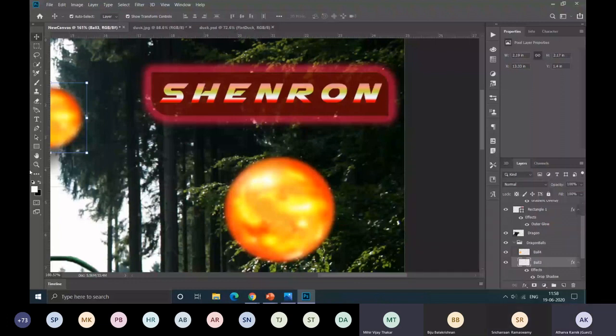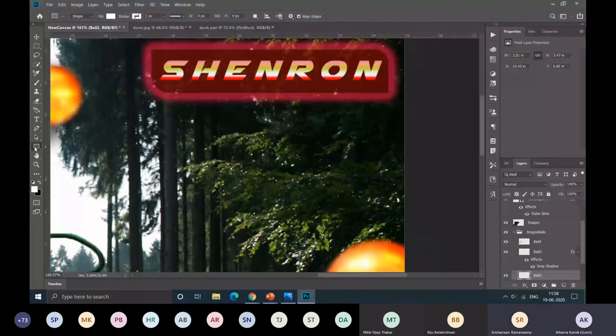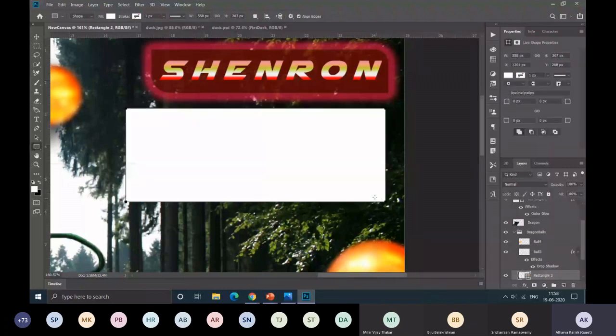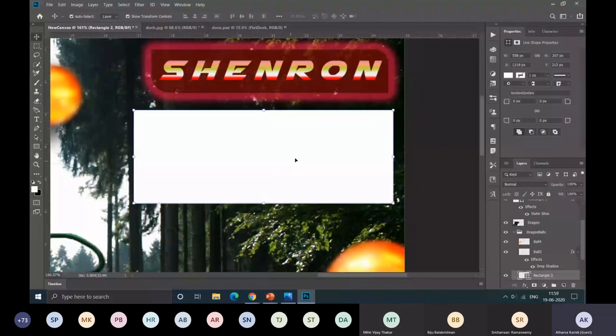I'll just add another rectangle here. Select the rectangle tool and draw a rectangle. For timing, let it be white so it is more clearly visible. So here you can see the rectangle tool, and all the corners are not linked now. To curve this particular right upper corner, we just have to select this right upper corner from here and specify the radius of the curvature. So if we select 60, it will curve it with a radius of 60, like this.